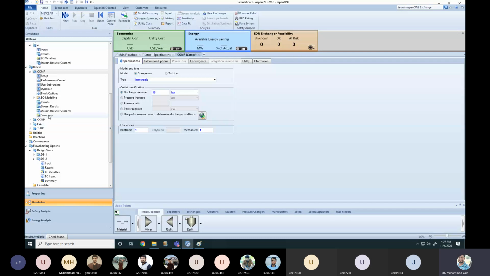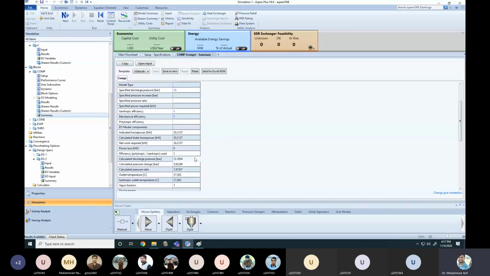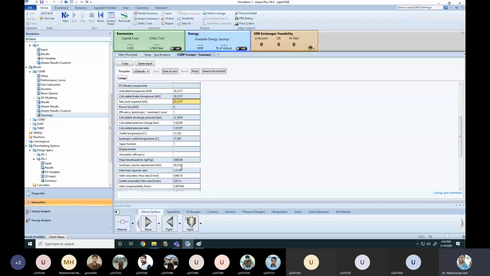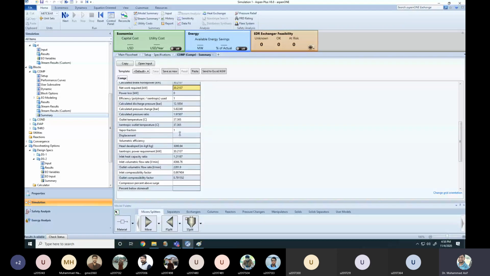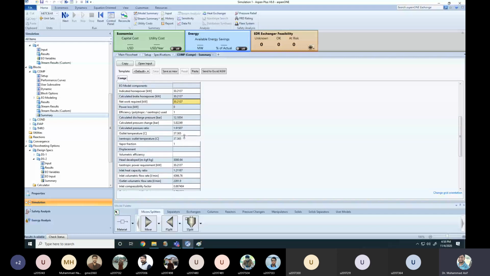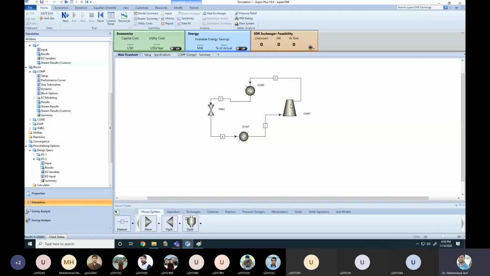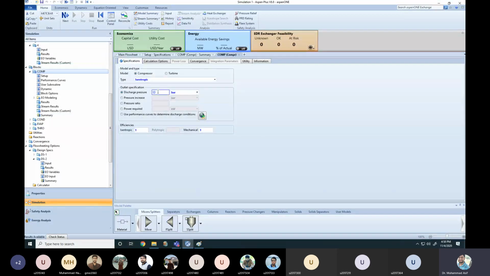So now you can see again. Now how much is the pressure now? It's 30.23 2137, right? So accordingly, the outlet temperature is changed. When you change the outlet pressure, the outlet temperature will change. What is the outlet temperature that the compressor has produced? 37 degrees C. So let's say instead of 37, if you change the pressure here, let's say to 20, then